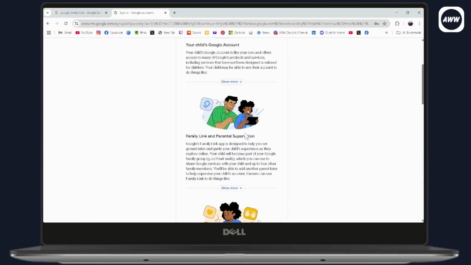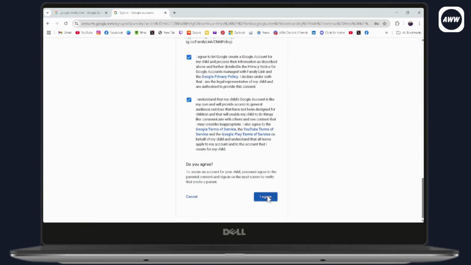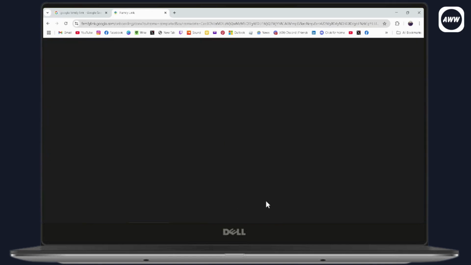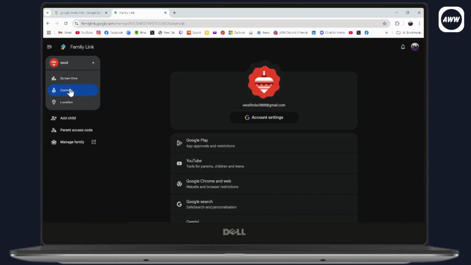And after that, now you need to just scroll down and agree to the terms and conditions. And after that, go with I agree. After that, scroll down and go with next. But if you already have a child account, then you can go with yes, and you can sign in to your child's account. Now select your child's account, go with drop down, go with controls, which is on the left